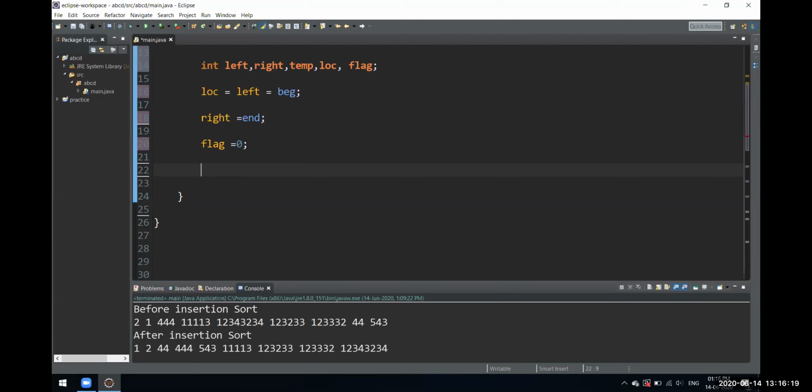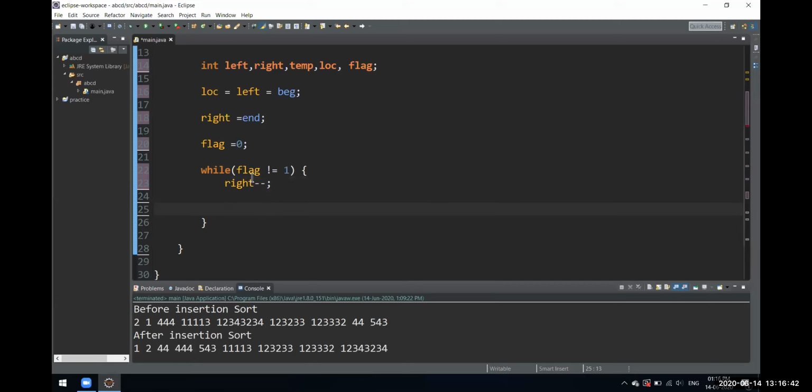And now we'll use a while loop over here. While flag is not equal to one, then get inside this for loop. So we'll have this for loop over here, and as soon as we get, right will get reduced by one.